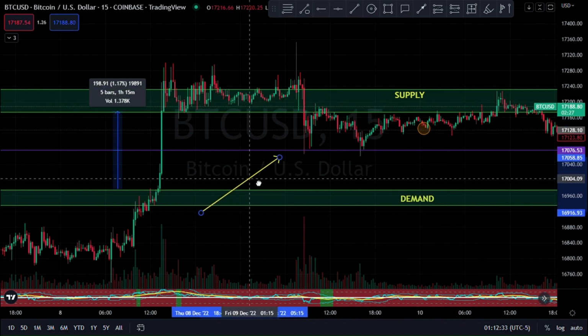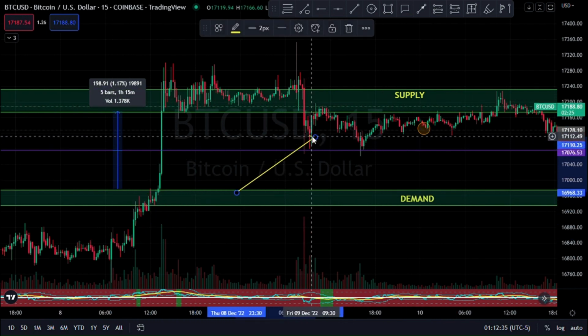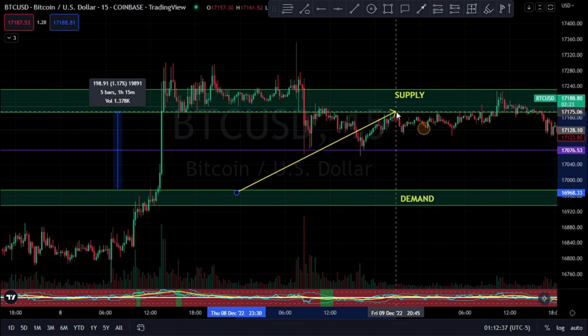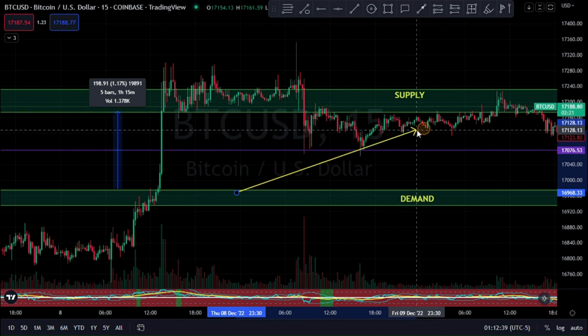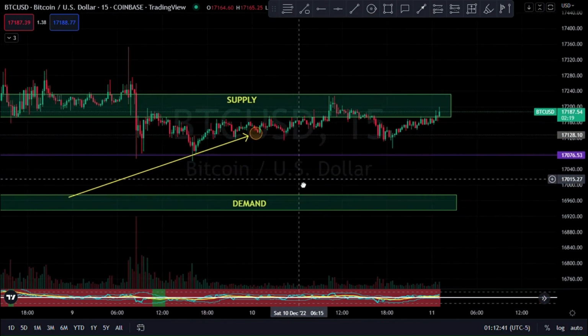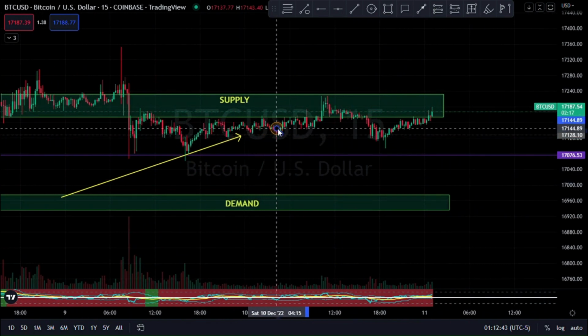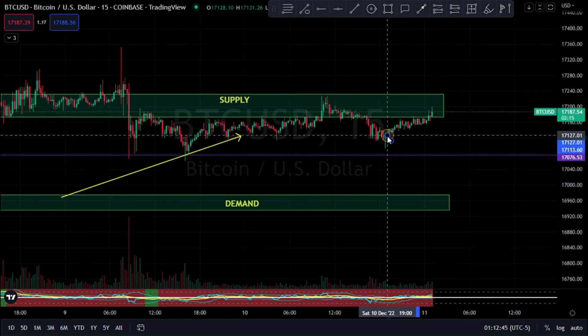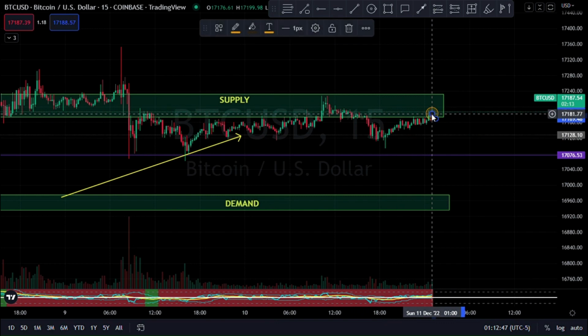We have just flipped our supply and demand zones because we're using these based off of current price action. So as it stands, price is currently moving around the supply zone. If we're looking for the market to come down,